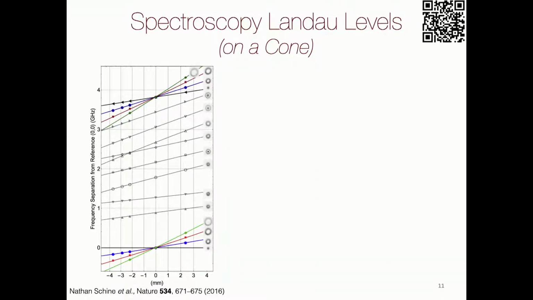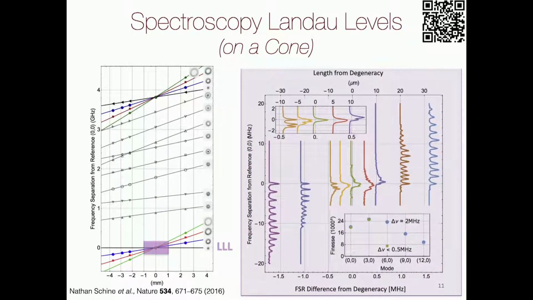So there's this beautiful connection between the modes of optical cavities and massive harmonically trapped particles now in magnetic fields, okay? If you zoom in on this point, you can see we can make the modes degenerate to within a couple of megahertz, which is in fact good enough for the next thing that we need to do